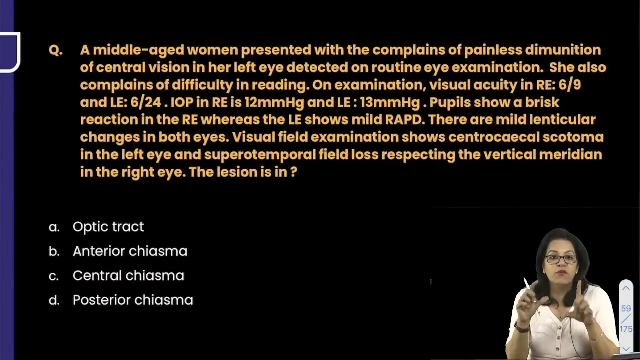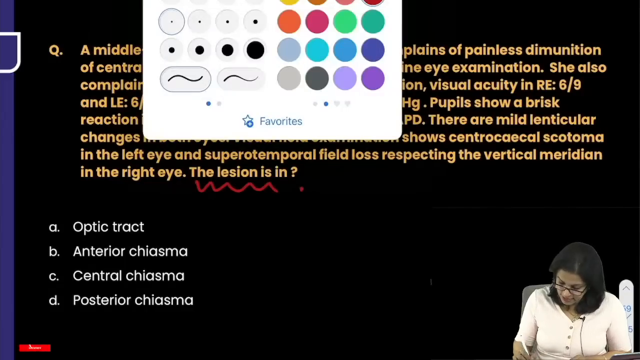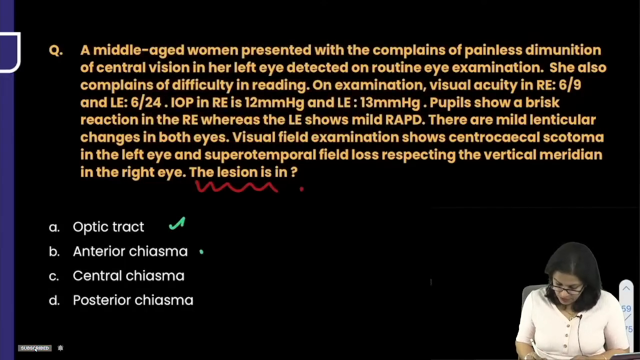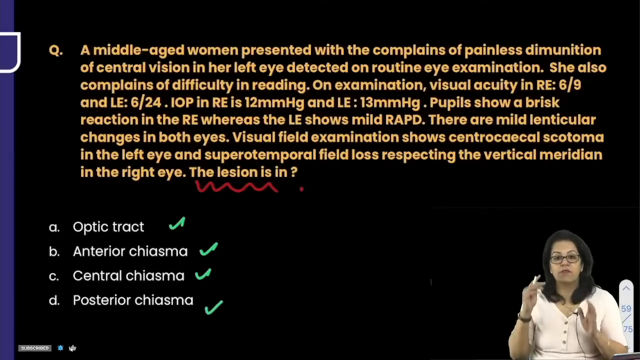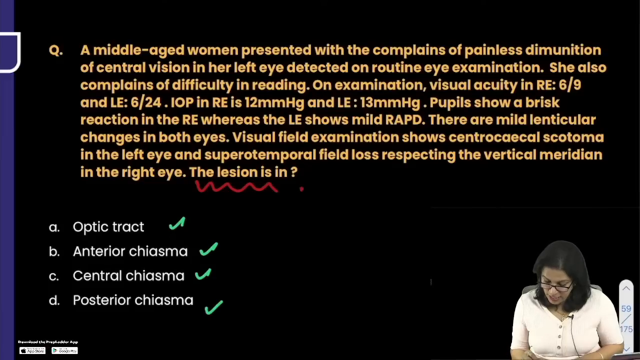We next talk about this question. Again, please, before reading the question, what did I tell you? Read the last statement first, then the options: optic tract, antechiasma, central chiasma. Okay, we have to focus on the chiasmal lesion. Now come back to this question. A middle-aged woman presented with complaints of painless diminution of central vision in her left eye detected on routine eye examination. Also complains of difficulty in reading. On examination, visual